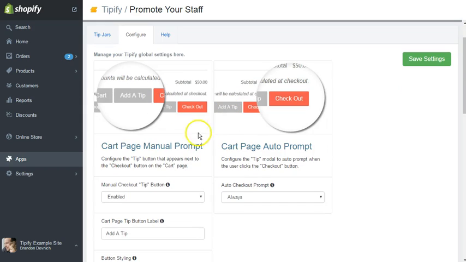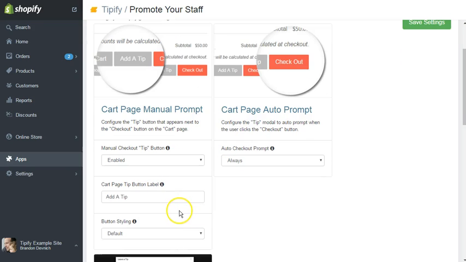And what we see here is the cart page manual prompt, which is the add a tip button. You could choose to enable that or disable that. It's up to you how you want to do it. This is the label that you see here, and of course you can configure the styling just as you can the other buttons. Then we have the auto prompt, and that's where the end user,